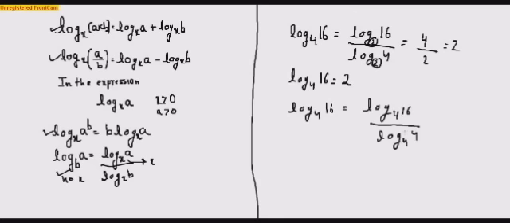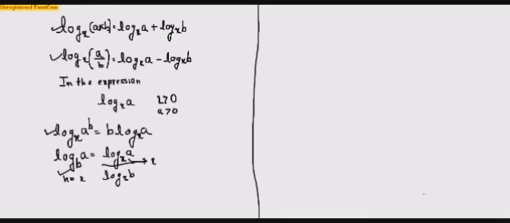Once again log 16 by log 4, and this time I have taken base as 16. Now log 16 base 16 is 1 and log 4 base 16 is one half...